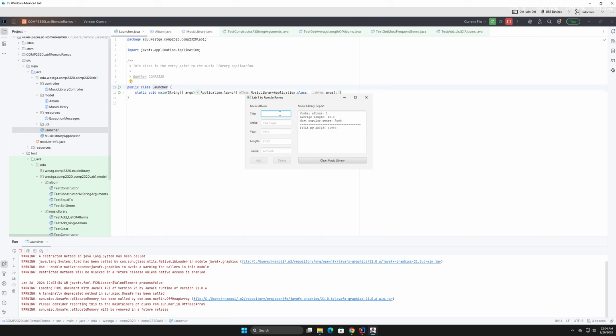Now we'll get rid of it. So those two work, for average length and popular genre,